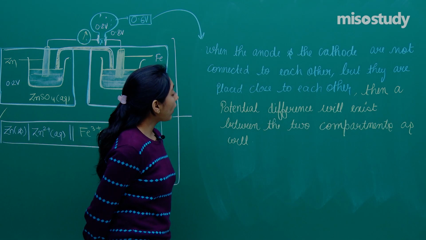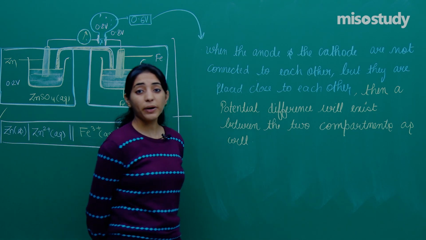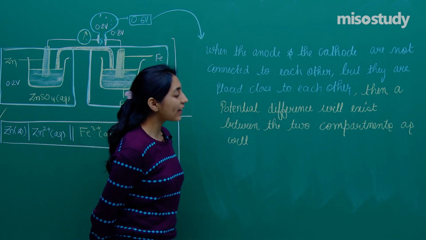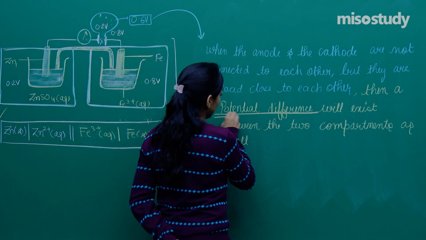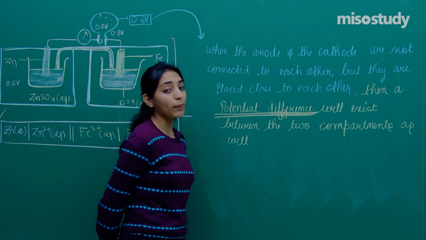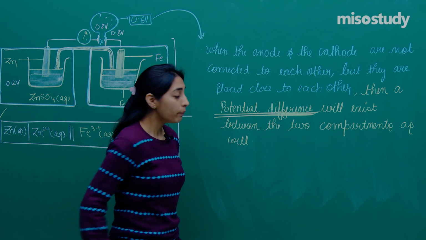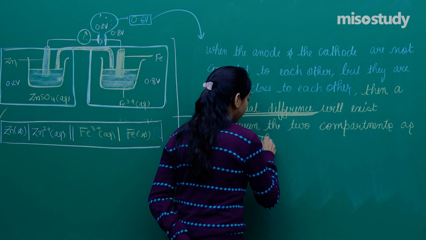So I am saying when they are not connected to each other but they are placed very close to each other, then also there will be a value of potential difference that will exist between the two compartments as well, right? This value of potential difference,